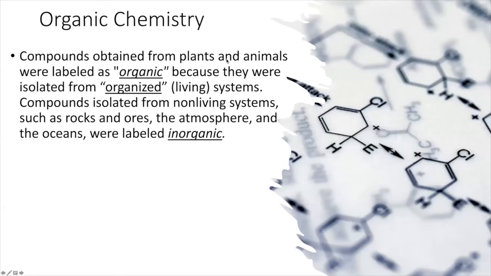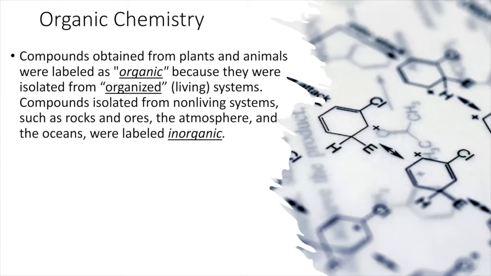Okay, so first of all, let's talk about what organic chemistry is. The name comes from the fact that early on in chemistry, they identified certain compounds from living organisms, okay, organic, because they were isolated from organized, also known as living systems, all right? So those kind of compounds were categorized as organic compounds. And then everything else, things that were isolated and studied from things like rocks, the atmosphere, other sources were labeled